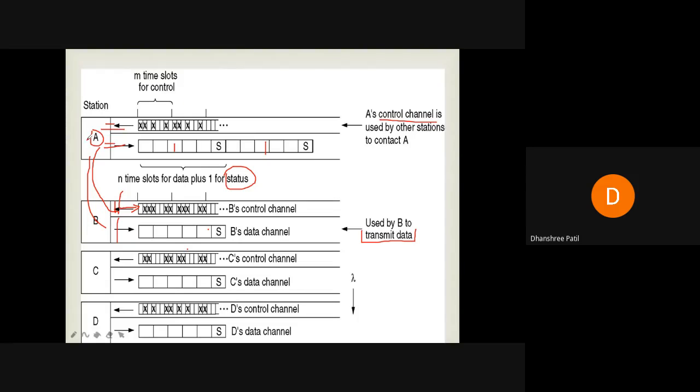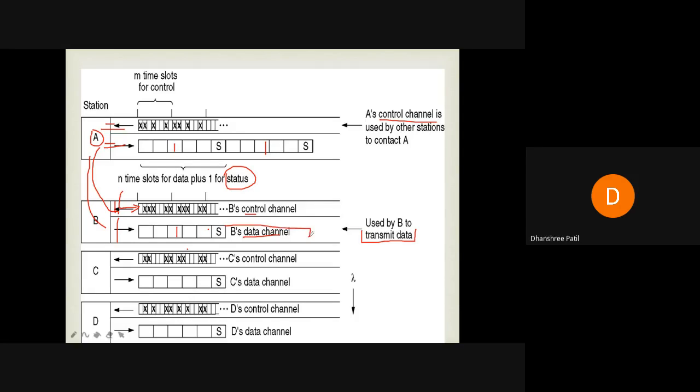Okay, where does A make the connection request? In the control slot and also in the data slot. Now suppose B accepts the request for communication and A is sending the frame. But while sending the data, A requests B: can I send a frame in every third slot? Okay. Now suppose B's third slot, for example, is free. Then A says, can I send my frame continuously in every third slot of yours? Okay. This is one data slot of B.